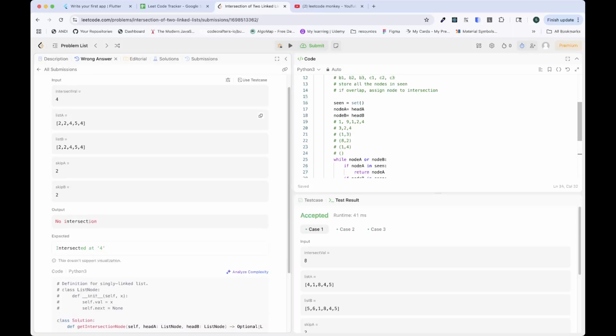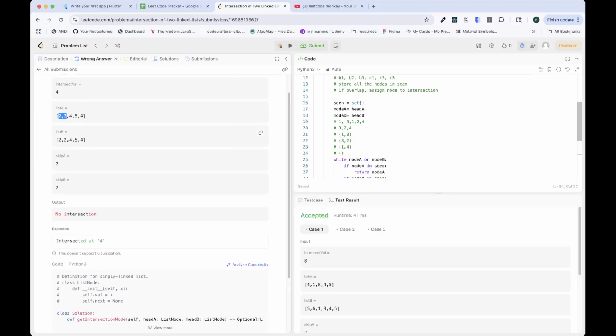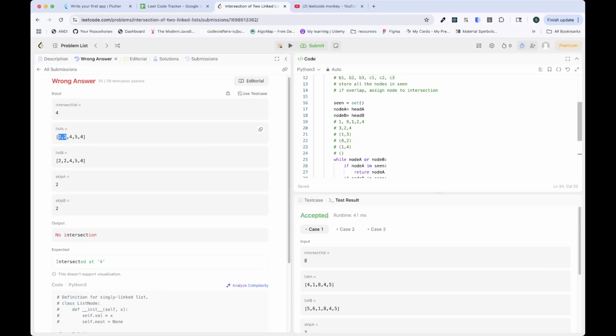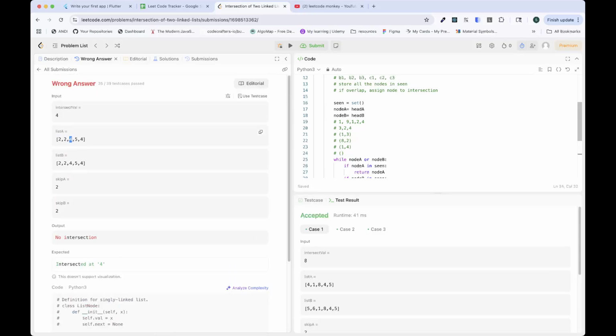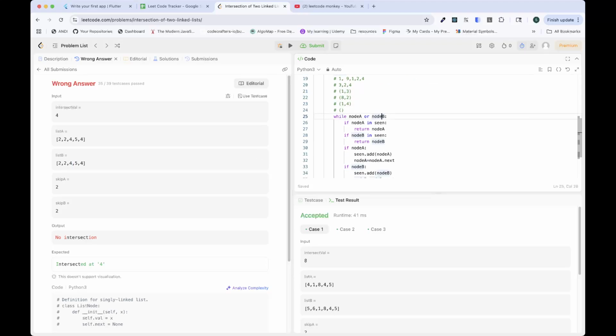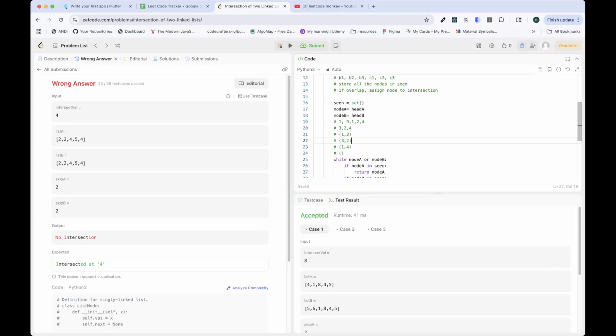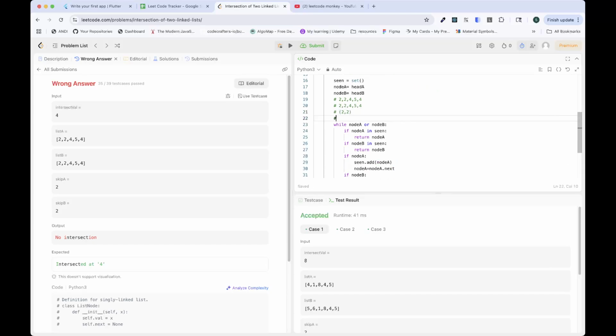Okay, there is a problem. So mine says there's no intersection, but this one should have an intersection at 4. So for this one, let's try this out. There's 2, 2, 4, 5, 4, and there's 2, 2, 4, 5, 4, and the intersection is 4. So just add 2 and 2, 2, another 2 and 2, and then we